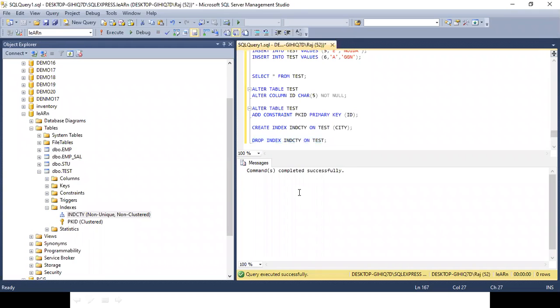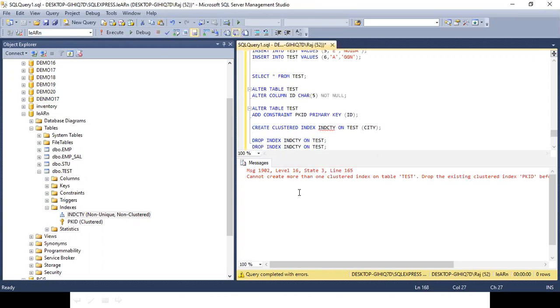Okay, it has been dropped. Now let me try to make it a clustered index. Clustered. I will not be able to make it. So for that, I will say drop index explicitly.